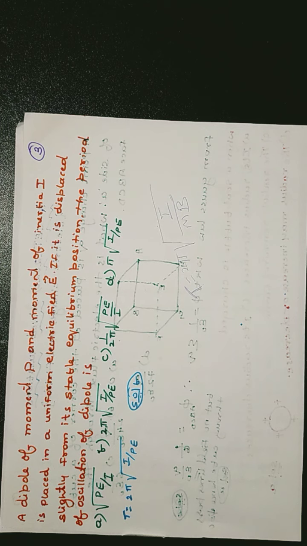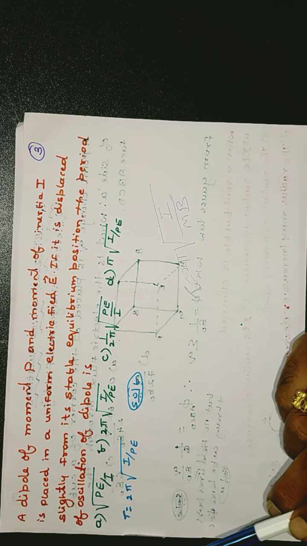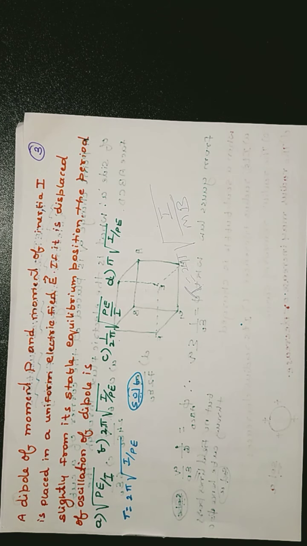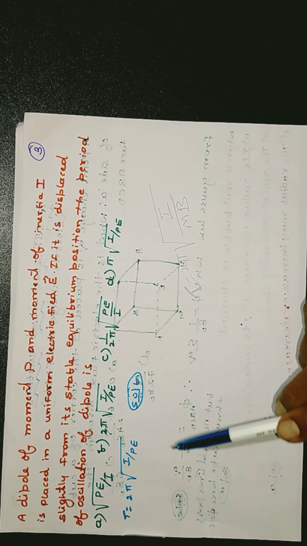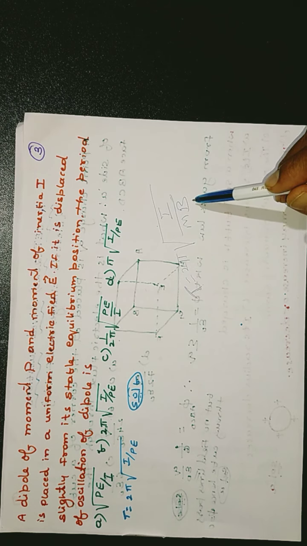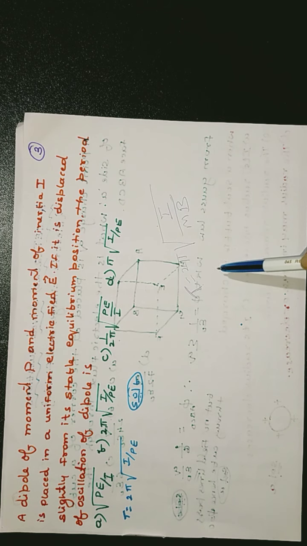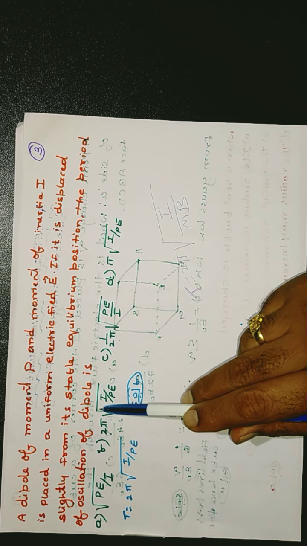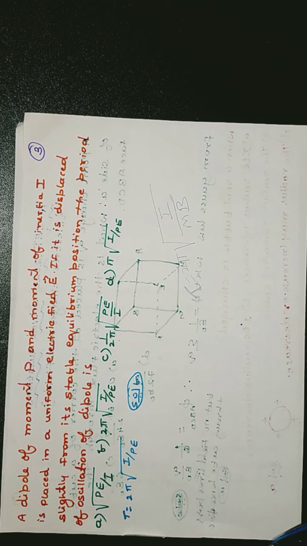So from that analogy, remember, even a magnet is a dipole. That's magnetic dipole. Here we are speaking of electric dipole. That's all. Therefore, the same expression but m is changed to P, that is electric dipole moment, and B is electric field E. So T is 2 pi into root of I by P into E. So it should be solution B.